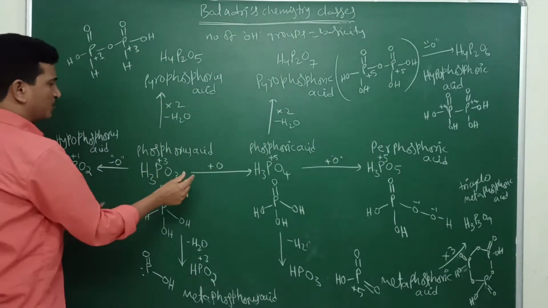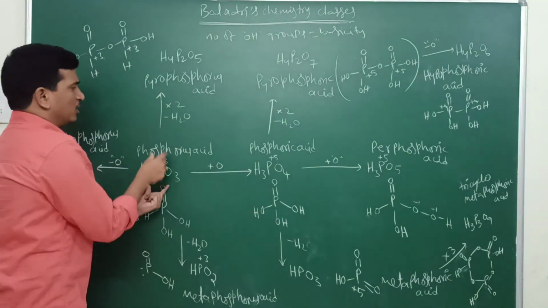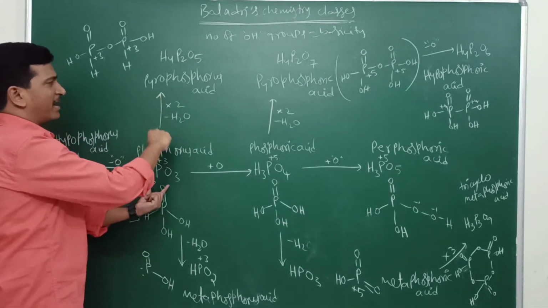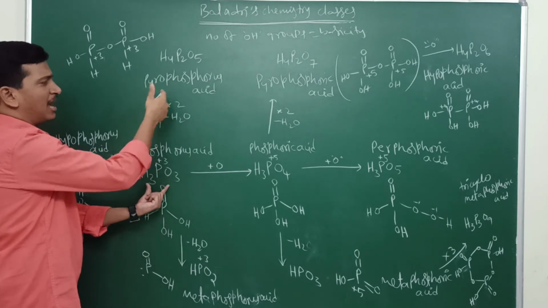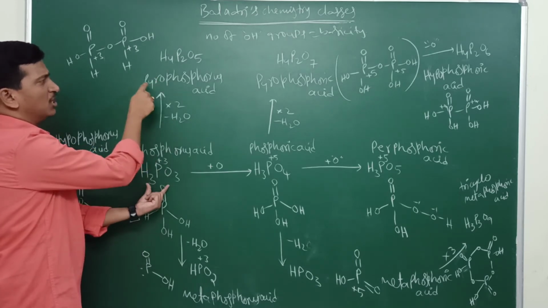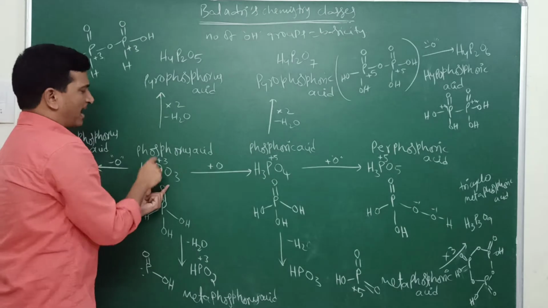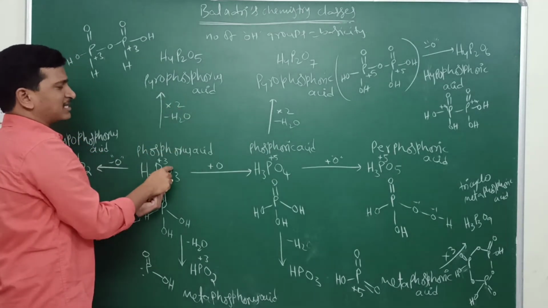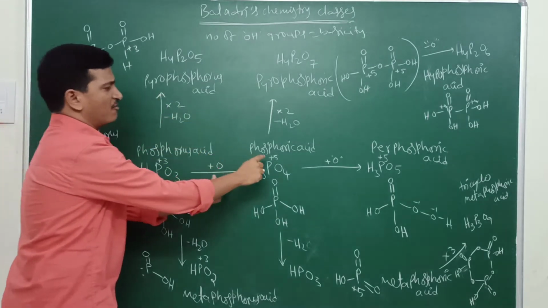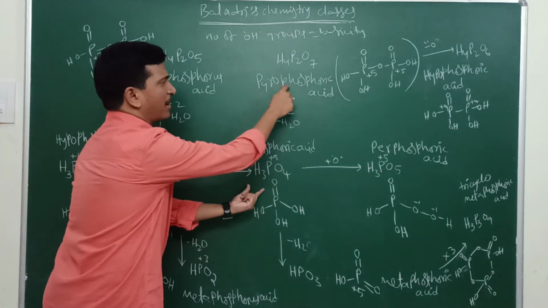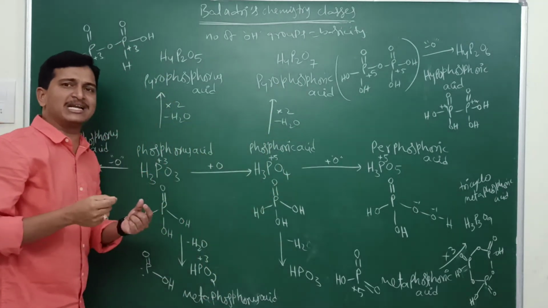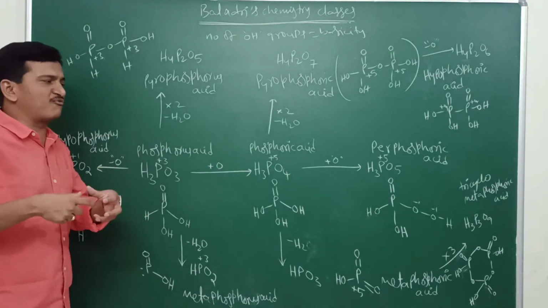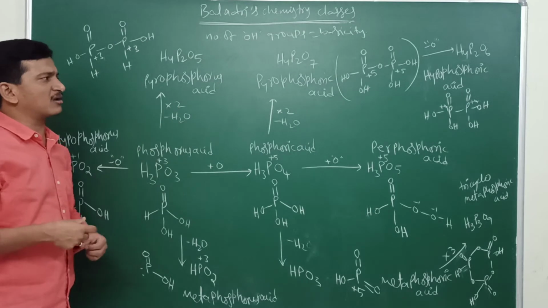Next, you take phosphorus acid. Multiply with 2 and remove water, which means we are heating. By heating, this molecule will become double by removal of a water molecule, so you will get pyro. By doubling and removing water, the obtained acid is called pyro. From phosphorus acid, you will get pyrophosphorus acid. From phosphoric acid, you will get pyrophosphoric acid. The acid is obtained by heating. By heating, it will become double by removal of a water molecule. So the acids obtained are called what?